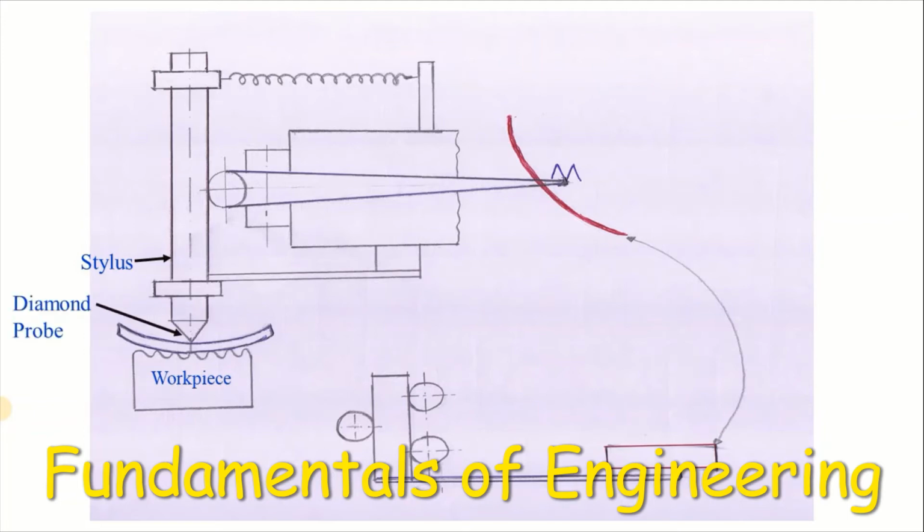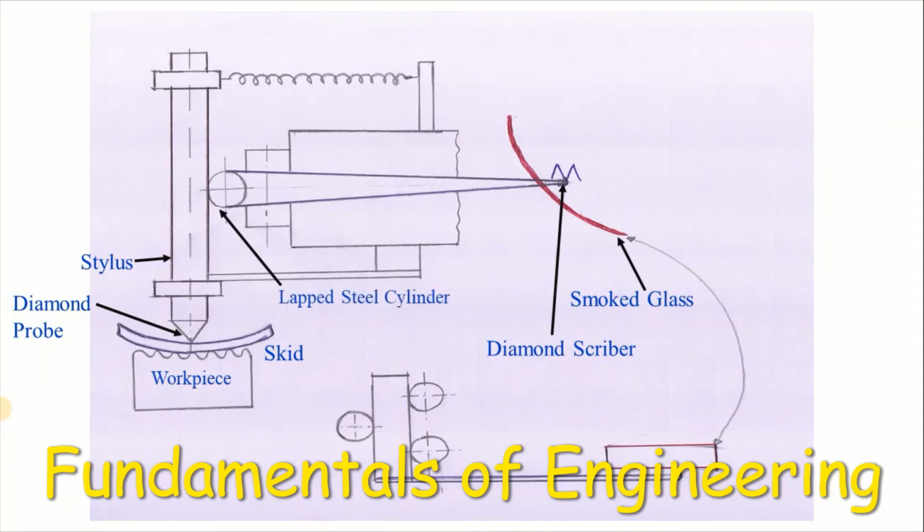So the diamond probe is connected with the stylus. Any movement in the stylus can be sensed by this diamond probe and enhanced by the diamond scriber, which can be seen on a smoke glass. Any small movement from this diamond probe gets a high magnification value on this smoke glass by using this diamond scriber.